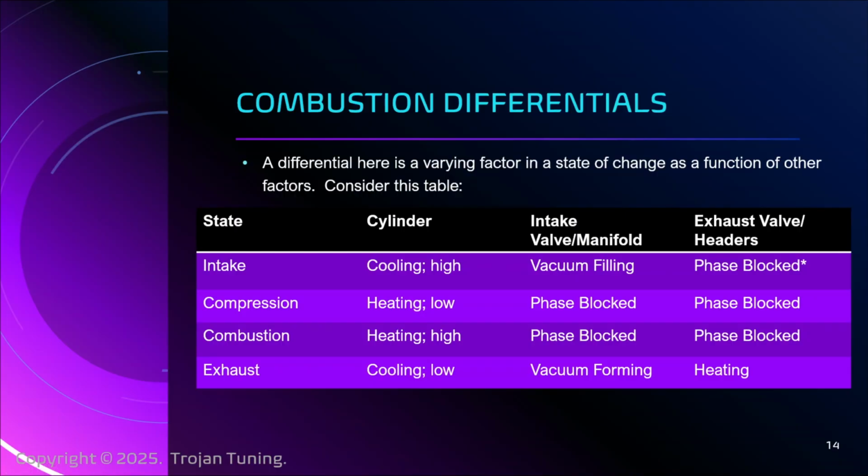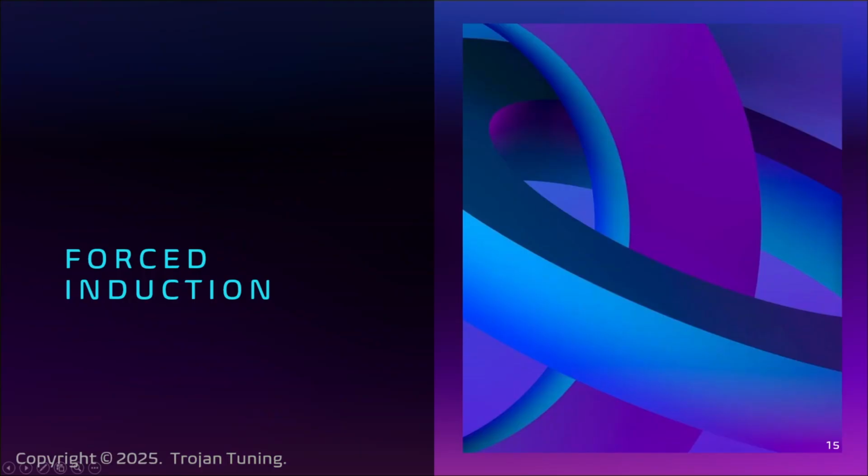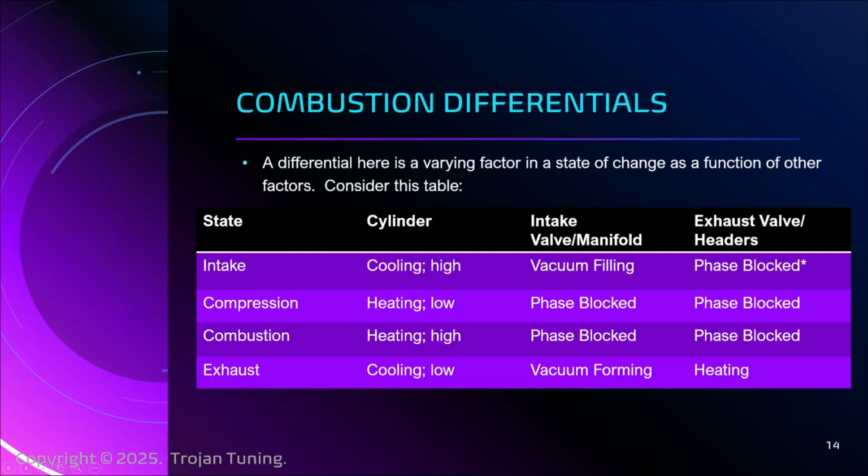You want to be thinking about the four-stroke cycle and all the things that are happening as events that are constantly on the move, right? And there's different portions of it doing different things. It's dynamic. It's constantly in a changing state, right? And some of the dynamics you want to think about here, if you think about these four components to the cycle, during the intake, for example, the cylinder